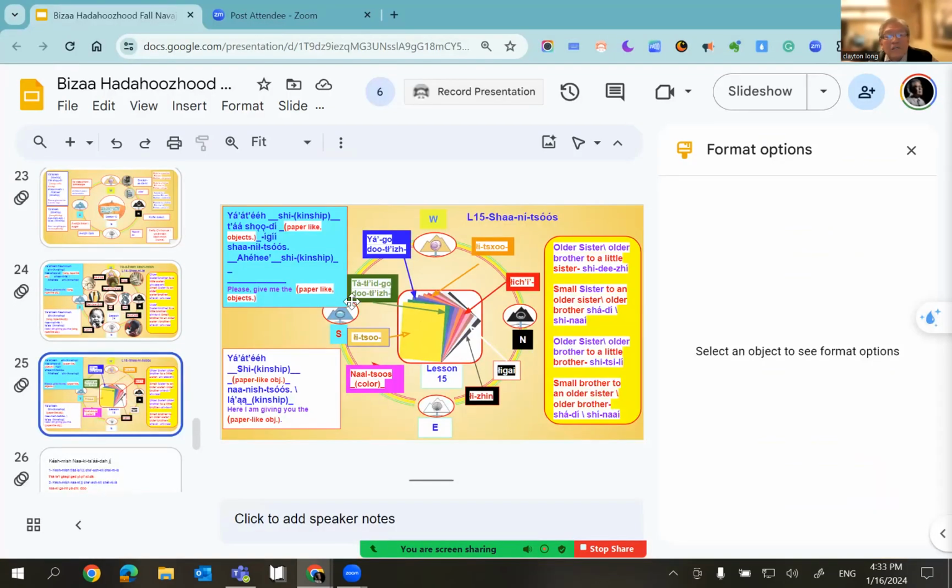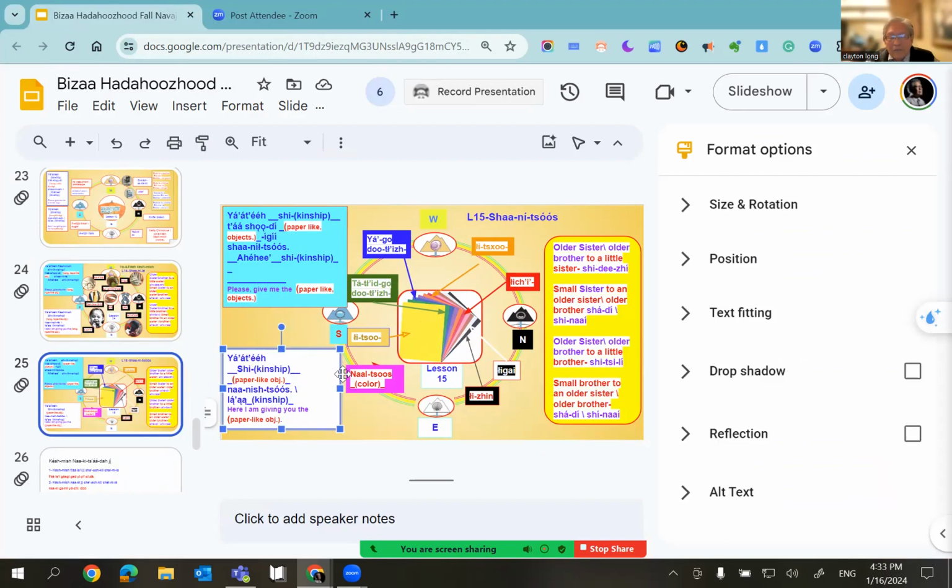One change, right? Iggy right there. Iggy's got to go right here. There you go.